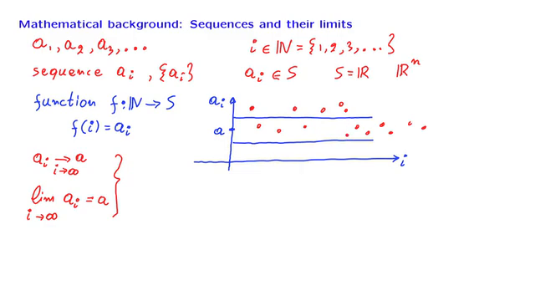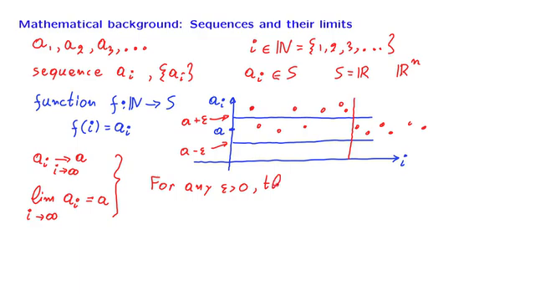Now let us turn this into a more precise statement. What we mean is the following. If I give you some positive number epsilon, and I'm going to use that positive number epsilon to define a band around the number a. So it's this band here. If I give you a positive number epsilon, and therefore this way I have defined a certain band, there exists a time after which the entries will get inside the band. In this picture, it would be this time.